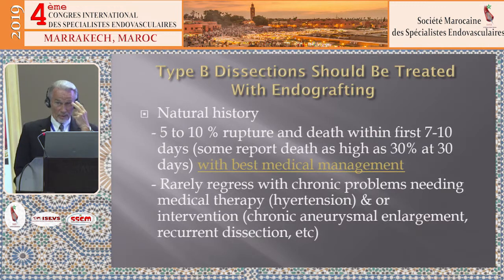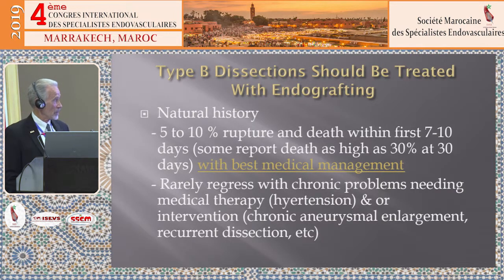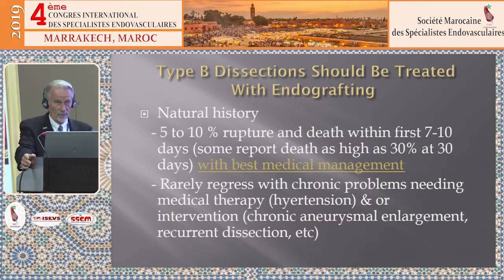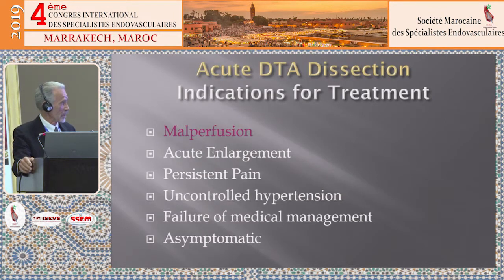able to pick a patient group that otherwise were not good surgical candidates. And when you look at really the natural history of descending thoracic dissections, from the IRAD data, there's a significant group of these patients within the first 10 days that actually rupture and have events. So if we could help eliminate that, and in most cases, best medical management, as we've seen, leads to later